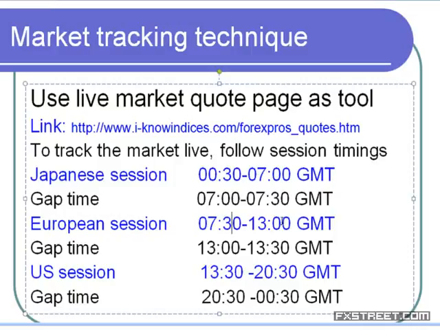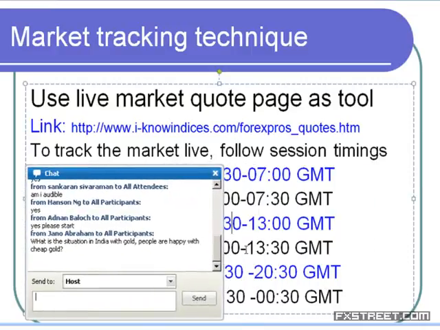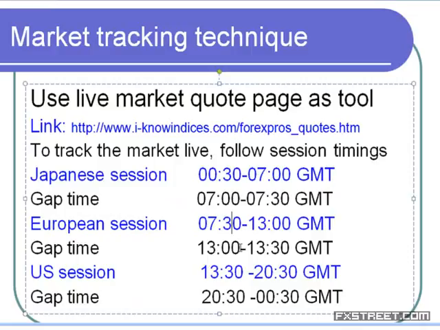During the early and the late sessions, they will be handling the majors. And during the mid sessions, they handle the crosses. So this we need to understand. At any given time, they will only handle 2 pairs at a time. And we need to find out what 2 pairs they are trying to handle and try to participate in that particular currency so that we will be able to earn nicely. So first of all, we need to understand the market timing.